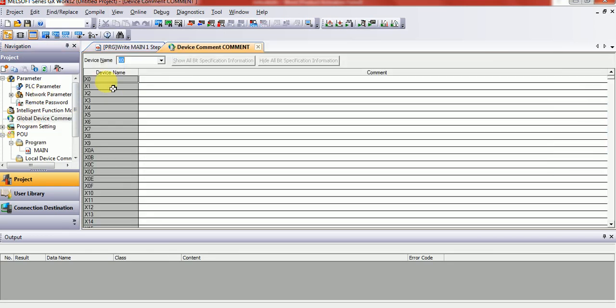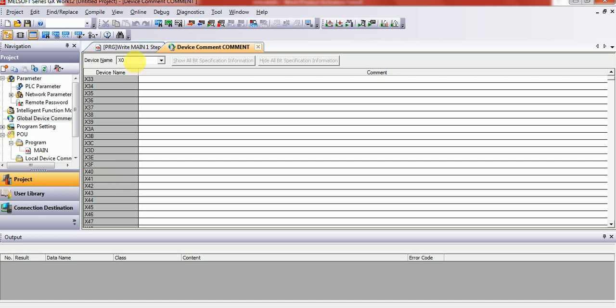You can see X0 1 2 3 4 5 6 7 8 9 A B C. So all inputs and outputs are in hexadecimal values. It's not decimal or octal like Delta. This is hexadecimal 0 1 2 3 4 5 6 7 8 9 A B C D E. So it's all hexadecimal values.